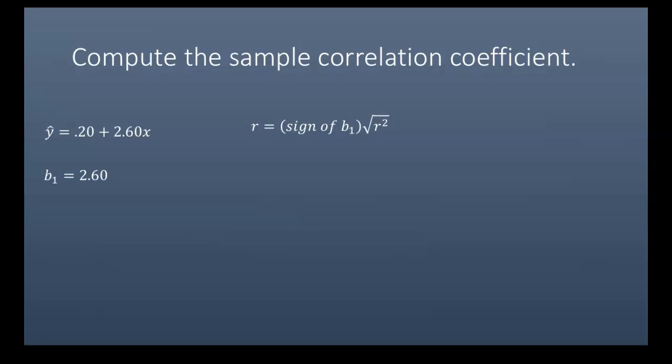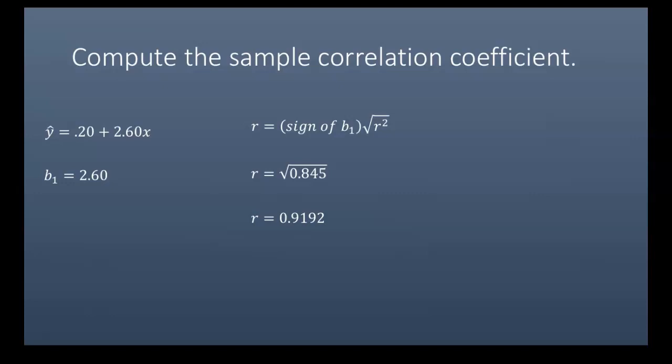So our slope here was the positive 2.60. So that means that the sign of our slope here is positive. So your r is just the square root of 0.845, which equals